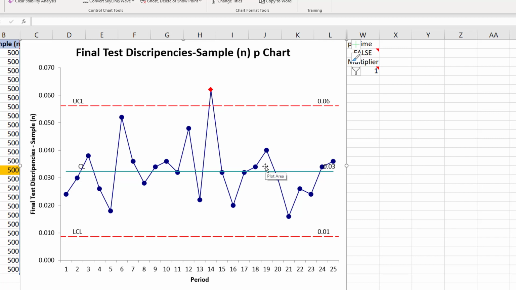So now the quality manager, the quality expert, will start thinking about this. They will construct an Ishikawa fishbone diagram. Why is it happening? Why at this specific level? Why is this value 0.062, which is above the upper control limit? Then they will find the causes, use different techniques, and bring it back into the control limit. In this way, the quality will be improving.